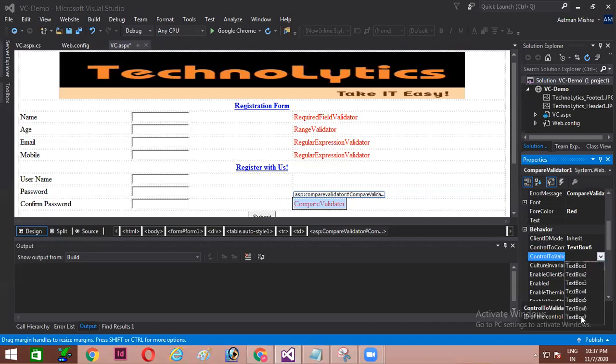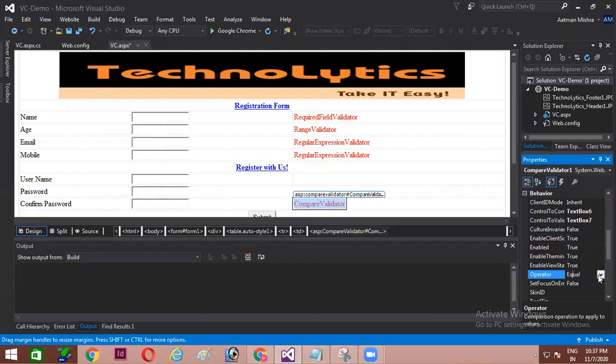Control to validate is text box 7 because I want to validate confirm password with password. So my confirm password is there in the text box 7. I'll be comparing it with text box 6. So accordingly, I have selected my property, and operator is obviously equal because we want to see the equality of both the attributes.